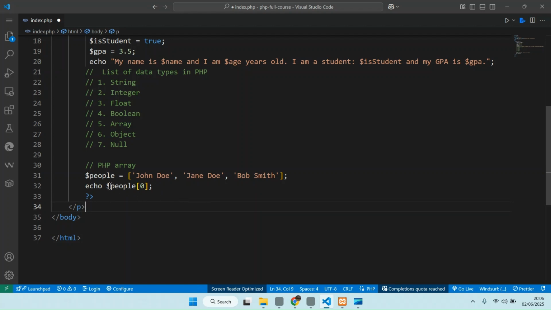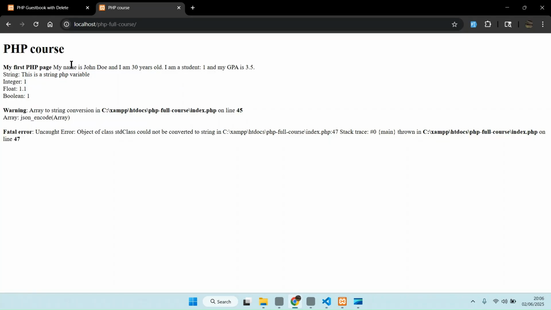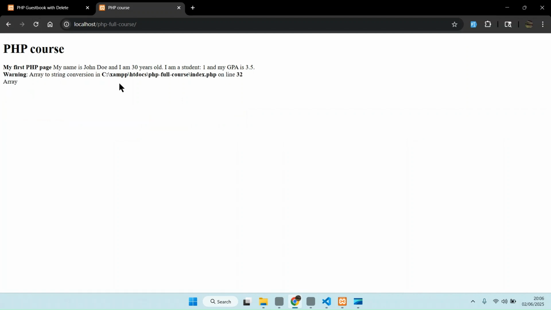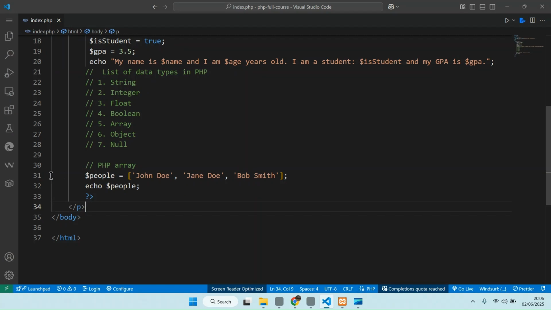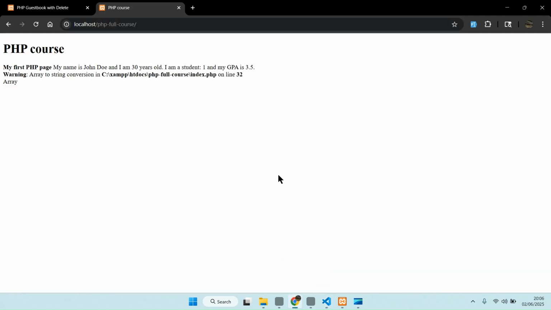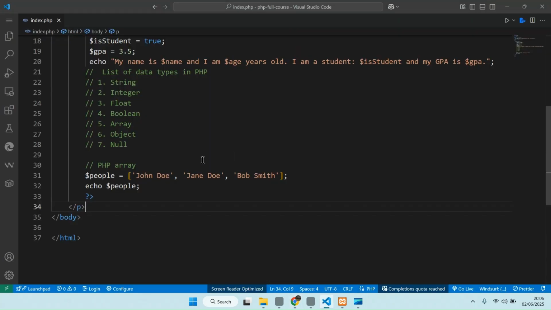For example, I want to print people. If I print this one, it will throw an error, the way you saw before. It says array to string conversion in C XAMPP, htdocs, PHP full course, index.php line 32. So this is exactly here. You must tell PHP that this is an array, but I want to convert it to string. So if I do echo JSON encode,